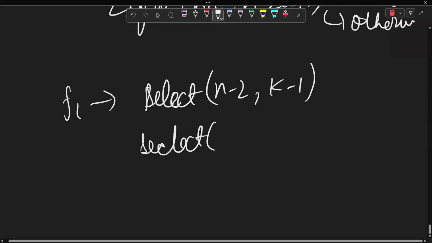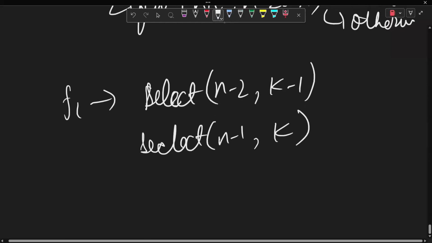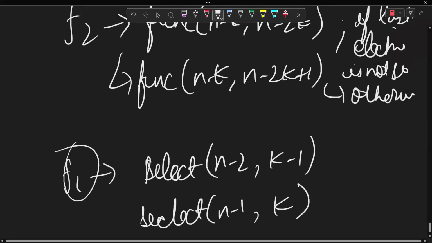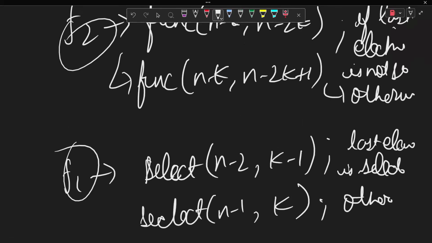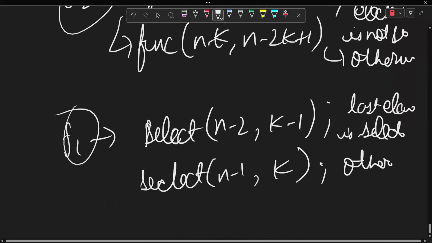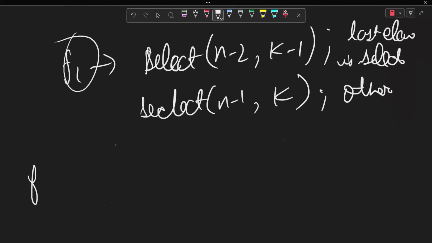So among the remaining n minus 1, I have to select k elements. So my final answer is f1 plus f2, case-wise. This was for the case if the last element is selected, and this is otherwise. So I can say my final answer is,